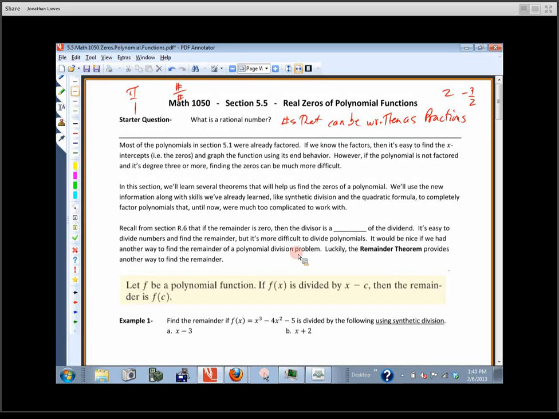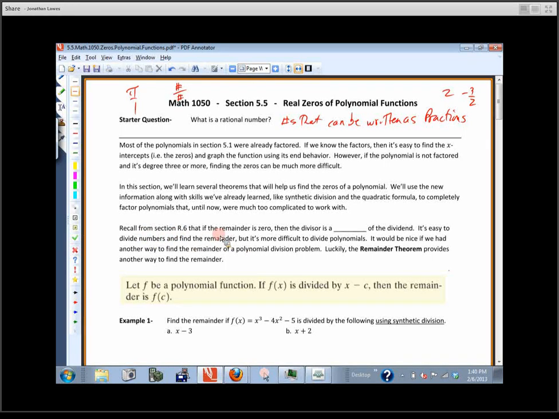Those were the rules that you learned. But polynomials are so important and they have so many applications, we need to be able to take really ugly looking polynomials and figure out, hey, what does this look like? Where does it cross the x-axis? Where does it cross the y-axis? If it crosses the x-axis, does it touch or does it cross? Okay? All of those sorts of things that we looked at yesterday, only this time they're not going to be factored.